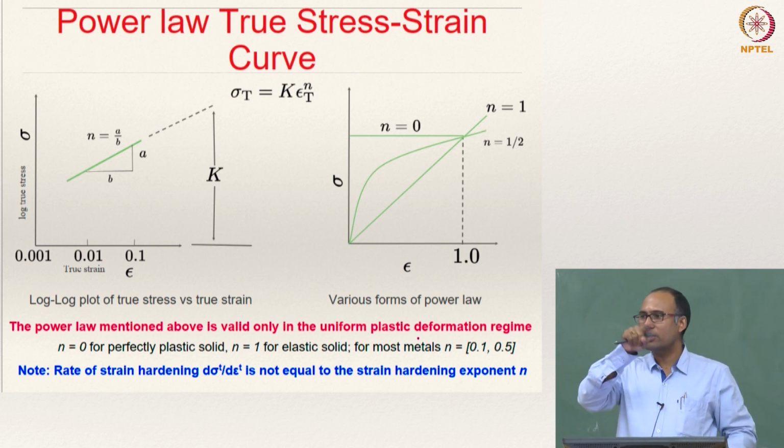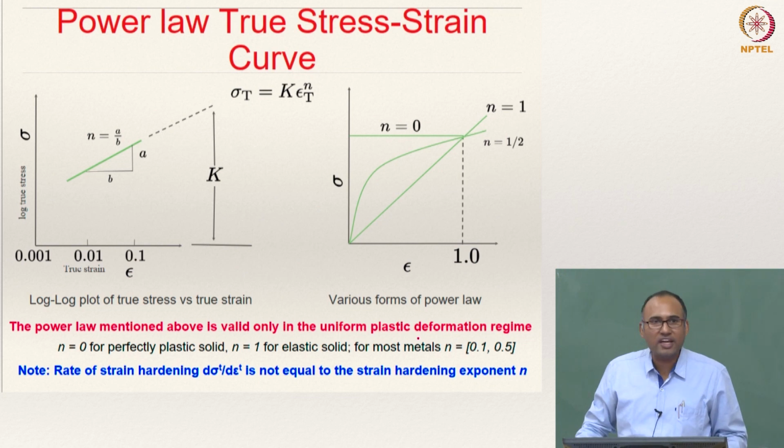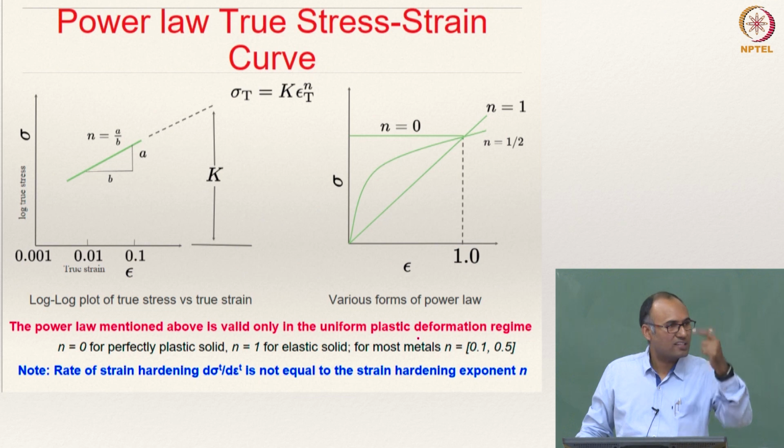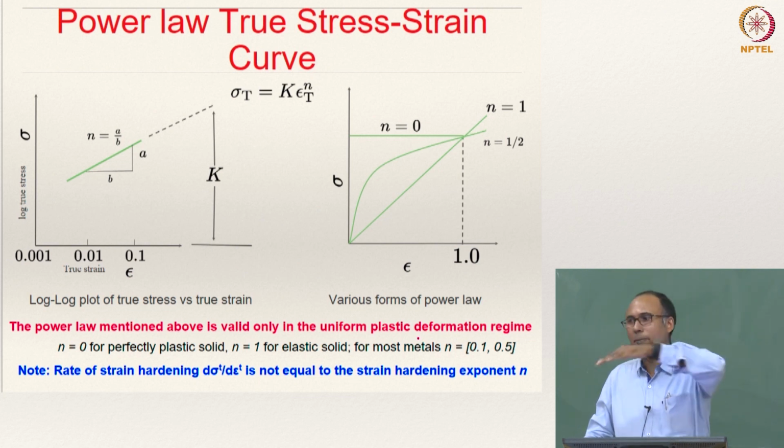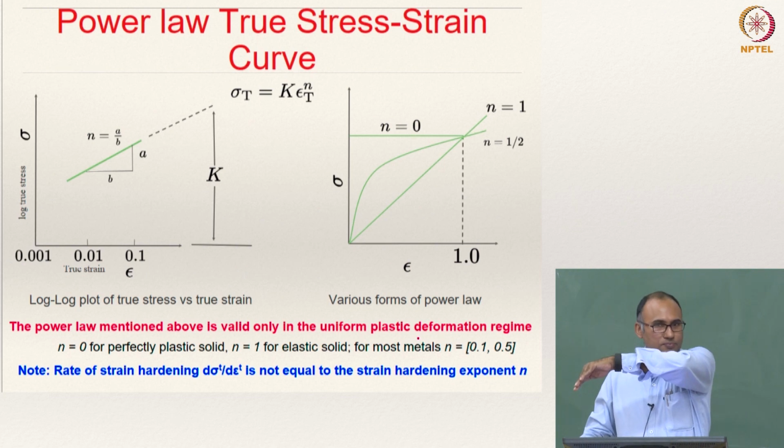That is the reason why your engineering stress strain curve goes down, right, because your P divided by A, in the engineering stress strain curve, the area is the original cross sectional area, which does not change, but P does change. The fact that P is reducing, that is the reason why beyond necking the stress strain curve drops.